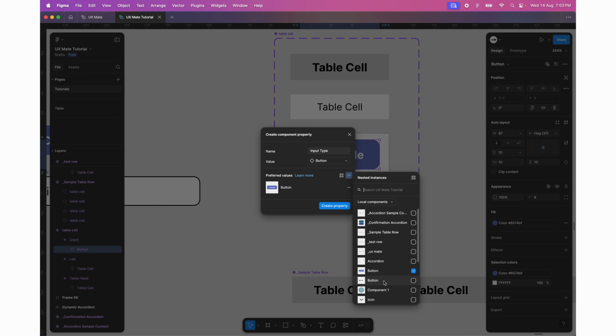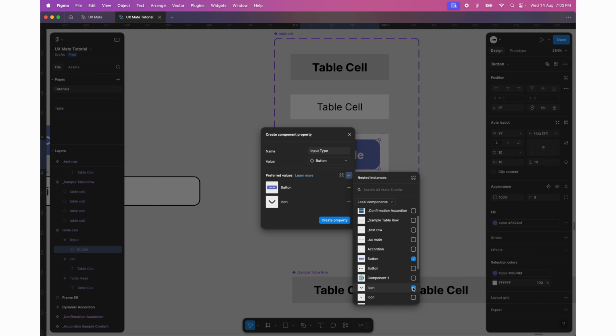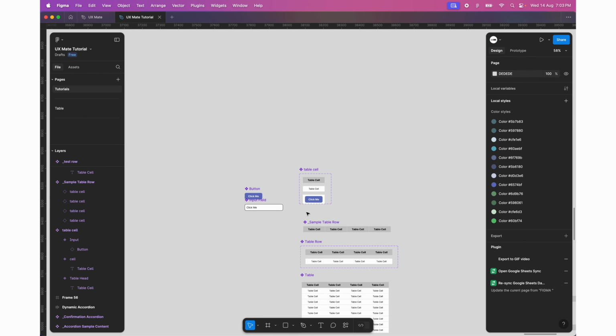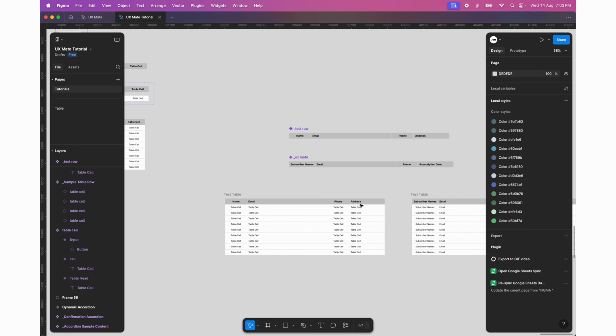Okay, I already had a component, sorry. I'll also allow user to select an icon. I will also allow user to select what else we have. Yeah, we have input field. Okay, so they will be able to swap either a button, icon, or an input field in the table. So let's just create the property, and now let's quickly go to any of the tables which we have created here,